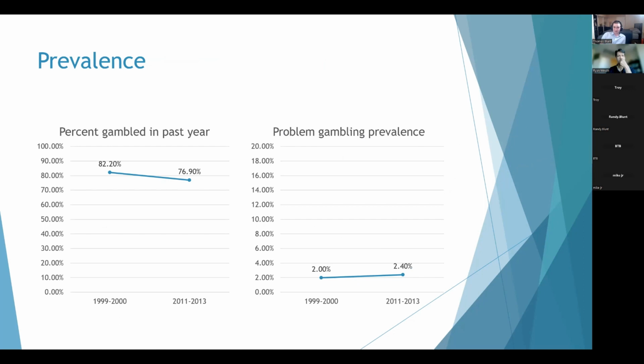That's crazy. A journal article from the Journal of Gambling Studies explored the changes in both overall gambling population and problem gambling population of the United States over around a decade from 1999 to 2013. They reported that while the percent of the population that gambled in the past year declined to a statistically significant degree, they found no significant difference in the prevalence of problem gambling over the same time frame. So gambling is going down, but problem gambling is staying around the same. And with the rise of online casinos and sports betting across the US, more people than ever are at risk of problem gambling.